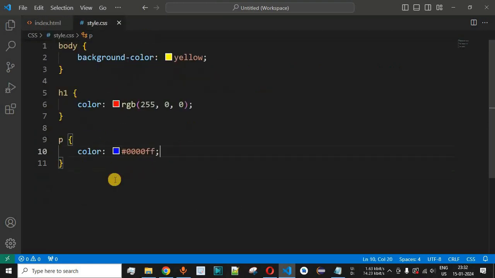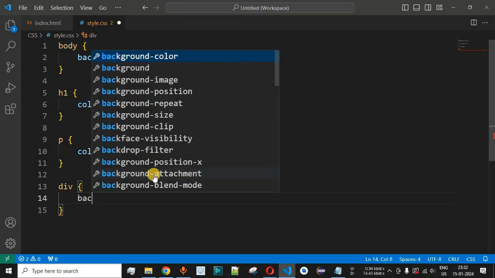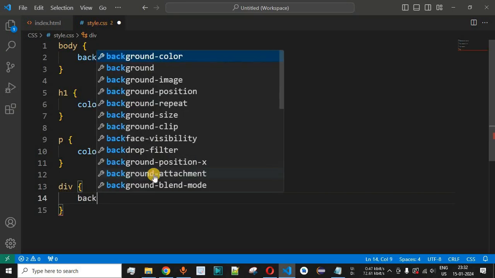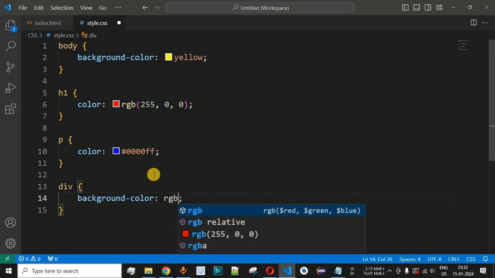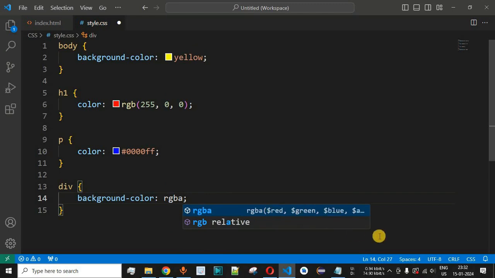So what we can do is, inside the style.css file we have the div element, followed by open and close curly braces, and this time we are going to use the background-color property, and we are going to provide RGB, and as you can see we have the A component as well. So you provide the red, green, blue colors, and then in the end you provide the alpha, which will go from 0 up to 1. So let us check that as well.